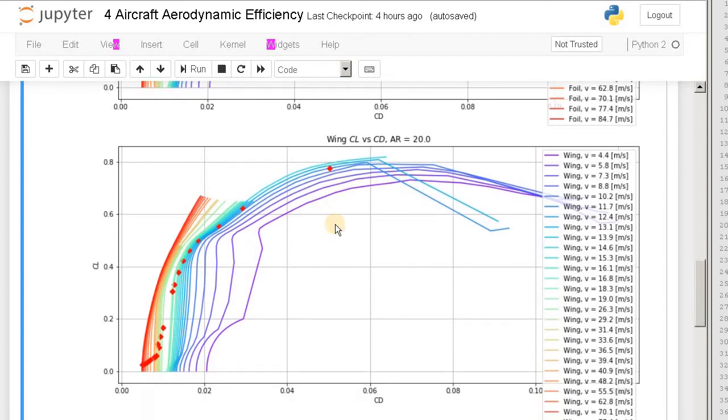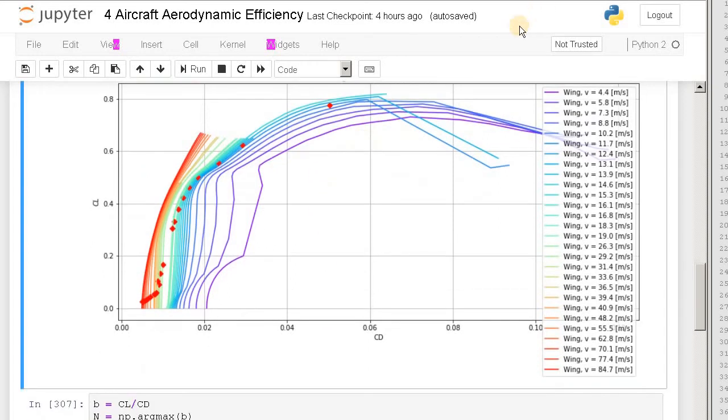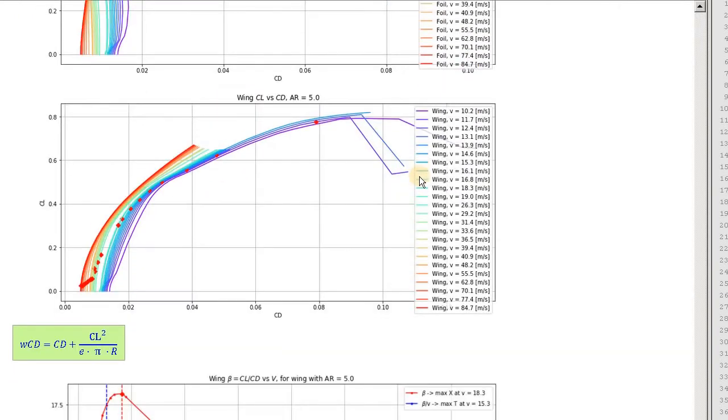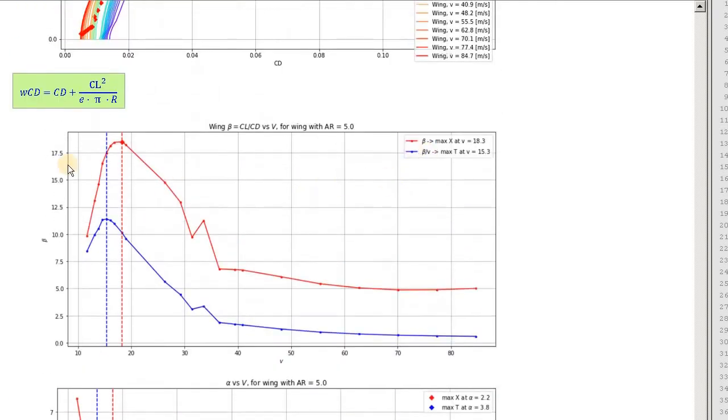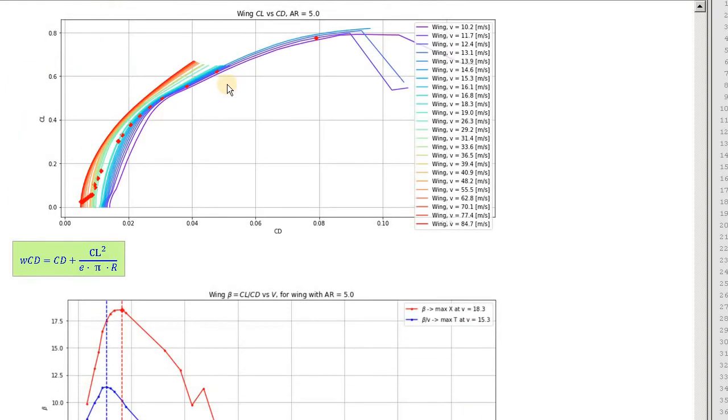So automatically I got the lift coefficient needed, and then I found the corresponding drag coefficient, and thus I can compute the beta constant. The beta constants can be plotted as well. So here's the beta, the ratio between the lift coefficient and drag coefficient. So for each point I have the ratio between the lift coefficient and drag coefficient, and I can plot this ratio